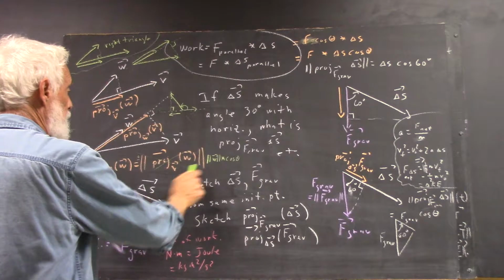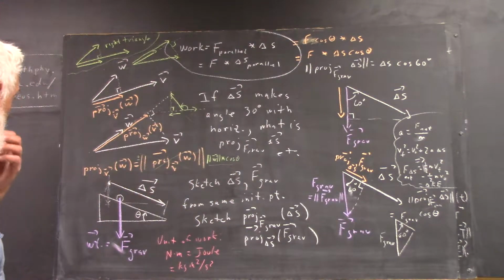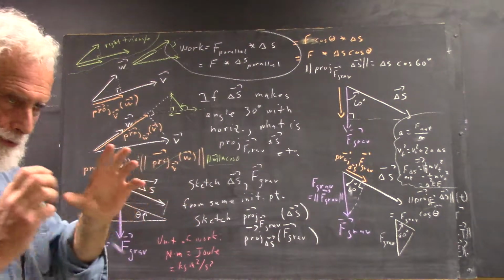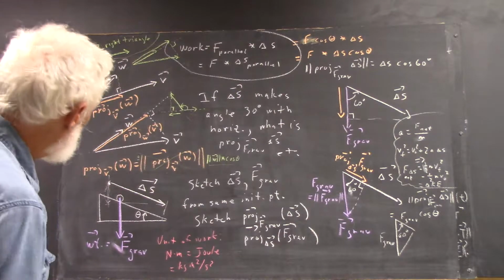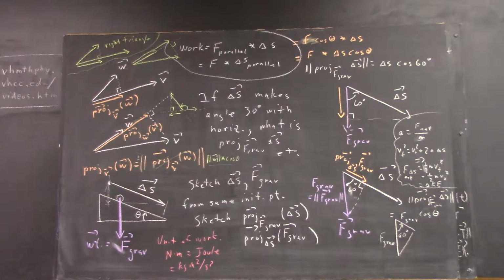So if this is gone and I replace it with this, this would be what I mean by the scalar projection. We'll clarify that. Right now, again, we're just getting used to drawing these things. We'll worry about the notation. But I think I kind of blundered a little bit with the notation there. Okay, now,